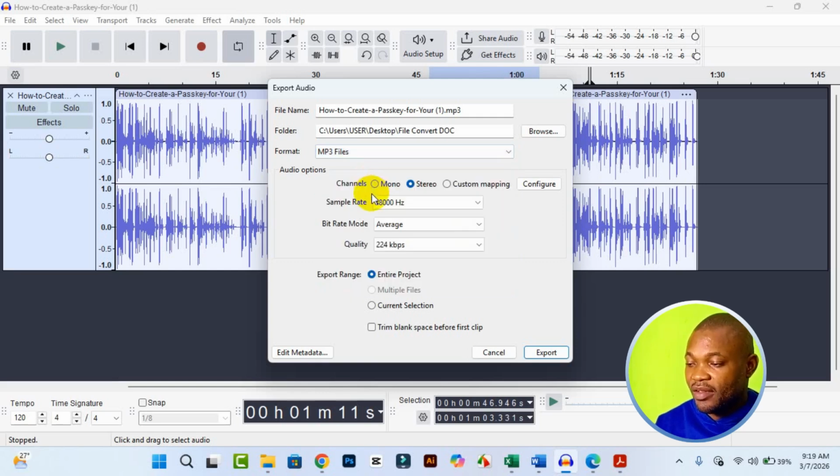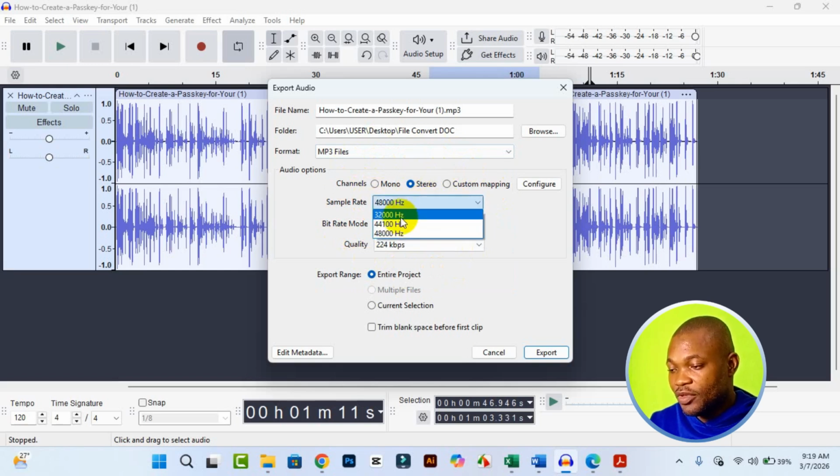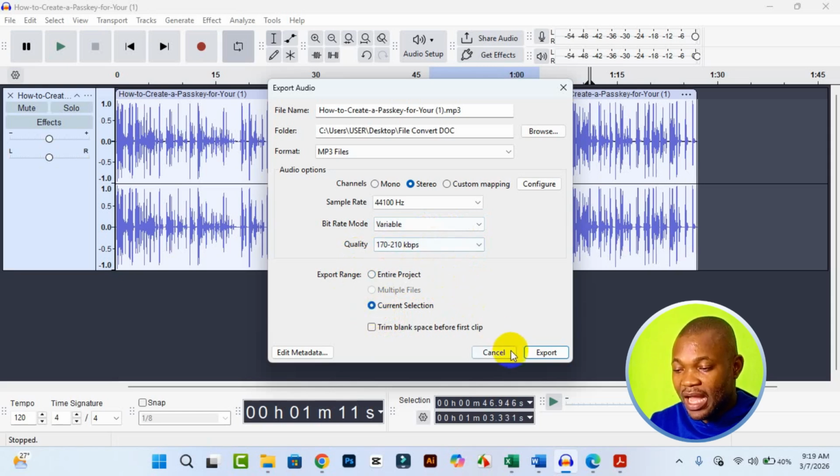So having selected MP3, then we have different channels. We have mono, we have stereo, we have customized. I'm going to put it in mono. Then the sample rate right here, I'm going to put it 441. Then the bit rate right here, I'm going to put it variable, and the quality is still okay right here. Then I'm going to switch to current selection right here. Having clicked on current selection, I make sure I click on export right here, and